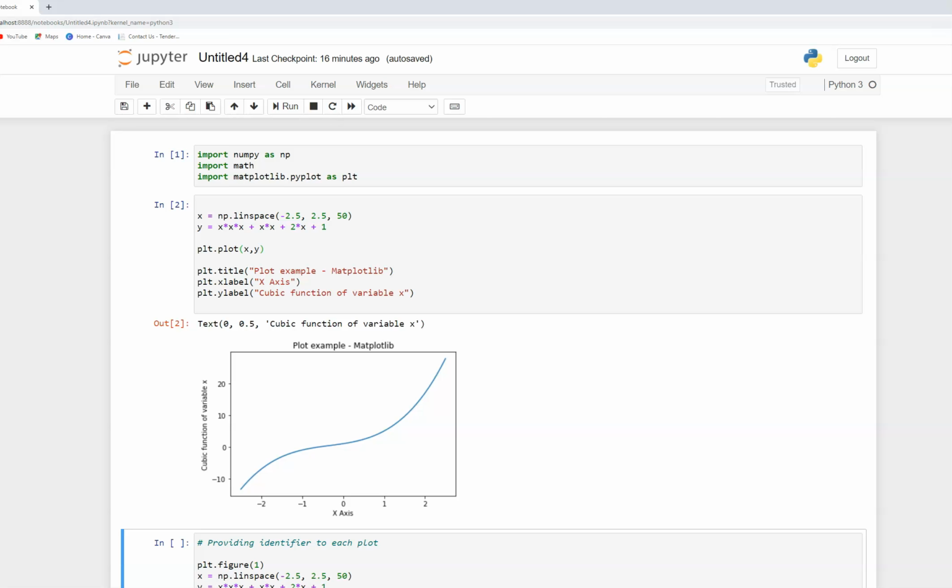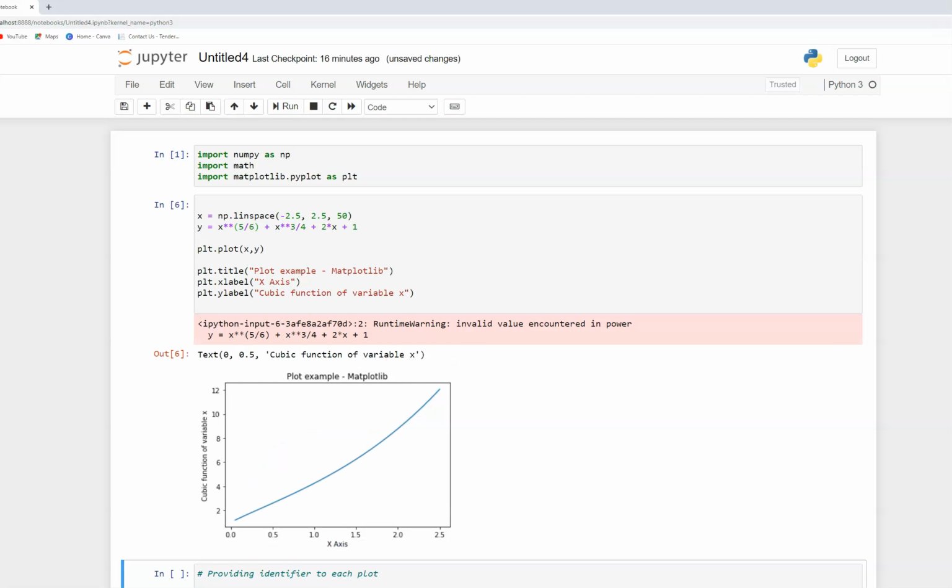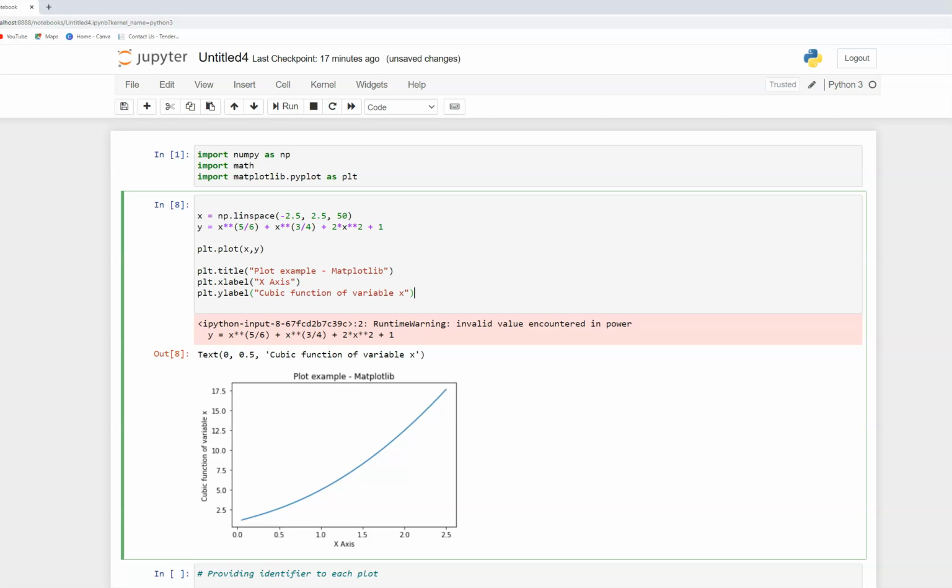We can make any changes in this. We can create anything. Let's say you want to check the fourth power or fifth power. So we can do that. And you can see that this is how it looks. If you want to make a subplot, this is how it looks. So you can do any kind of variations in this plot and you will get the required relationship between